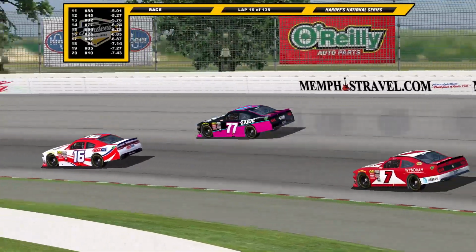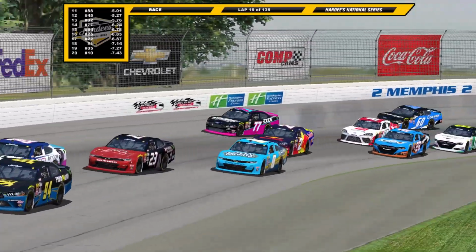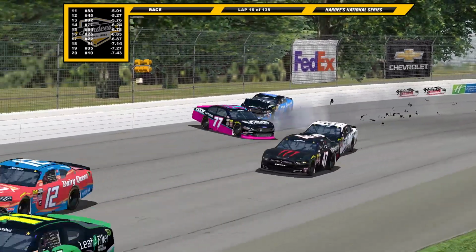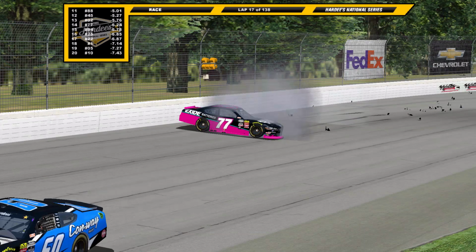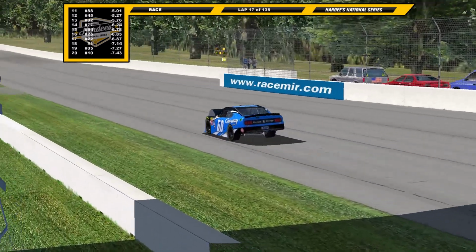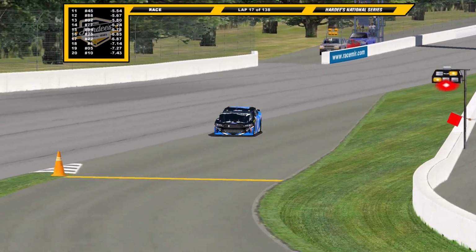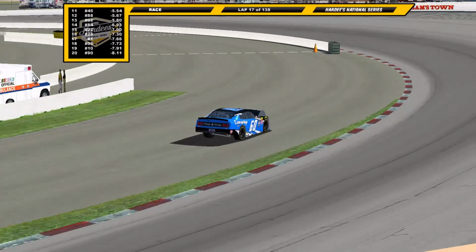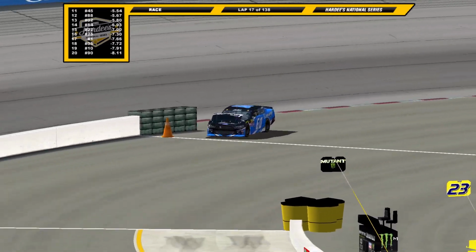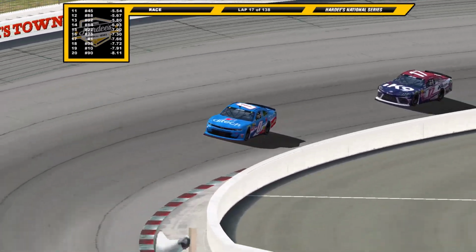in turn 1. And a heartbreak for this 77 team early on, an early departure. Oh, and Logan Cloud's gonna run into the back of him, and the caution's gonna fly on the racetrack here. Tough break there. Logan Cloud did not look too good so far, but who knows when the caution could come out, but instead he ends up being one portion of the caution, and just like that, he's out of the race. And tough breaks for 2 of the Fords out of this, but Kev Shear, though, they're gonna be racing